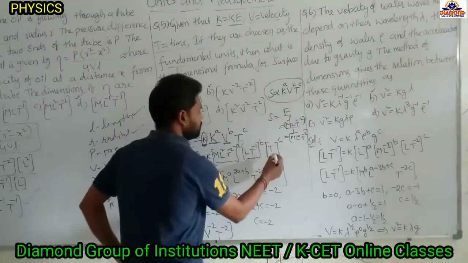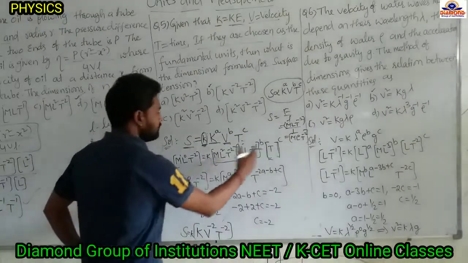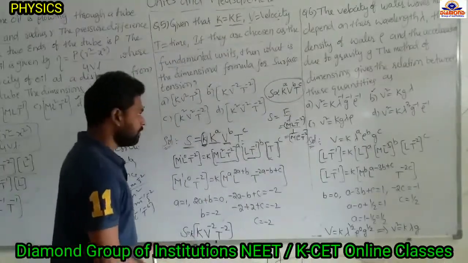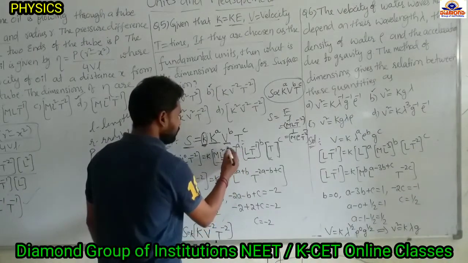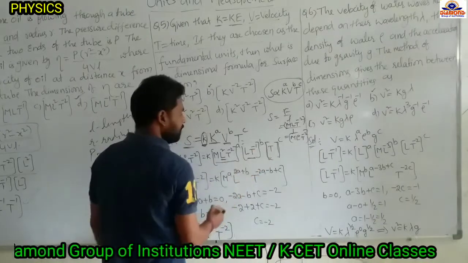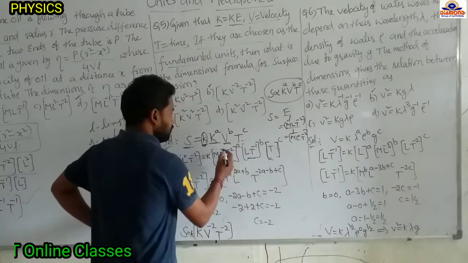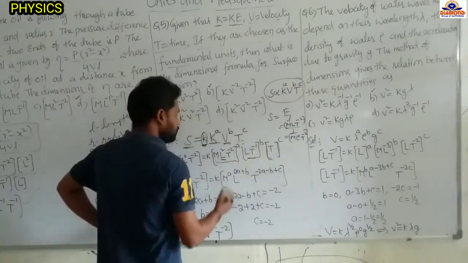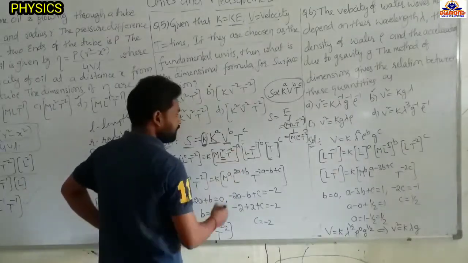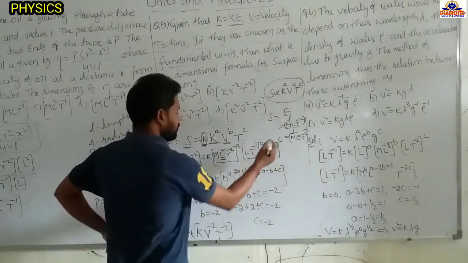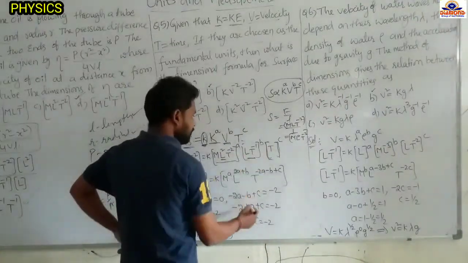Time is nothing but the T symbol and T power C. Now the left side I am writing. On the right side, see the powers. m power A is there, L power 2A, and L also there, L power B. So L power 2A into L power B, L power 2A plus B we can write, and next T power minus 2A into T power minus B into T power C. Bases are the same, add the powers. So T power minus 2A minus B plus C.